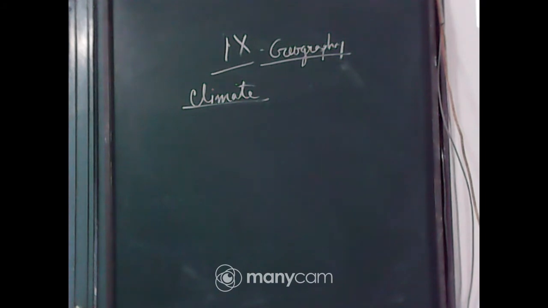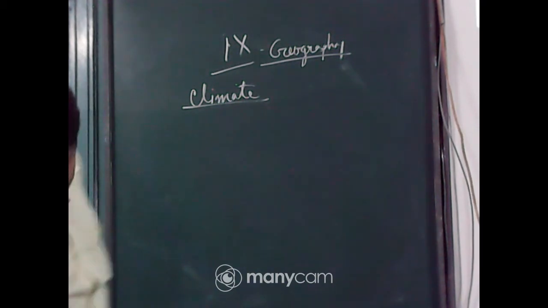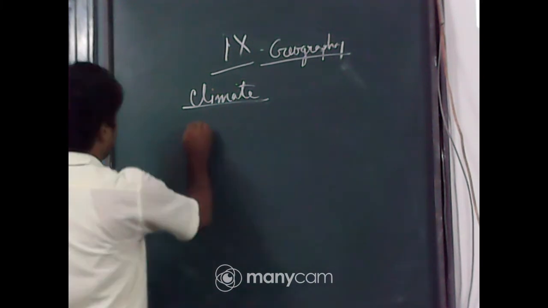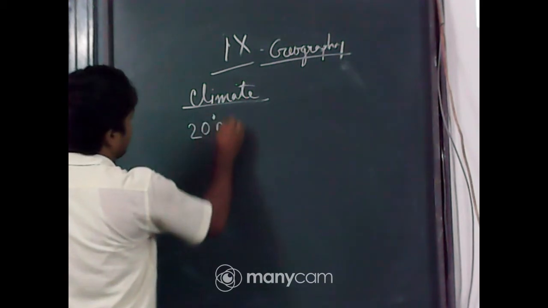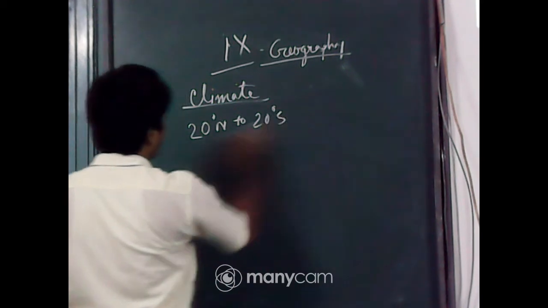Now, the monsoon is experienced in the tropical areas roughly between 20 degree north to 20 degree south. To understand the mechanism of monsoon, the following facts are important, very important and a complex part. What are the facts? Mechanism of Indian monsoon, and monsoon located 20 degree north to 20 degree south. This is the latitudinal extension of monsoon wind.